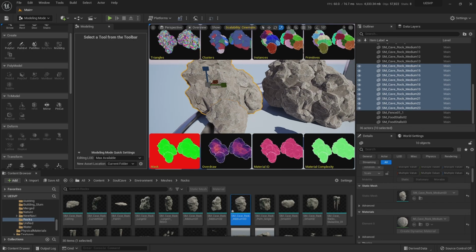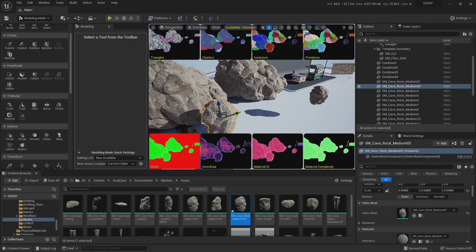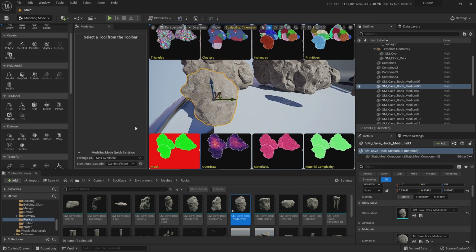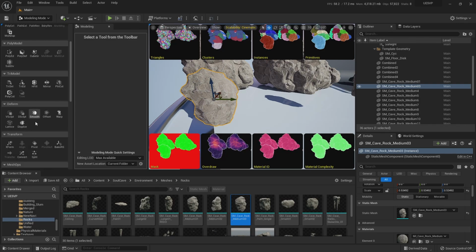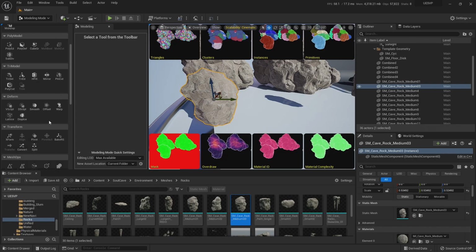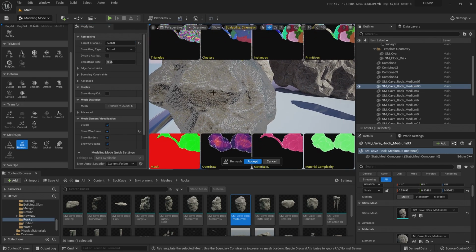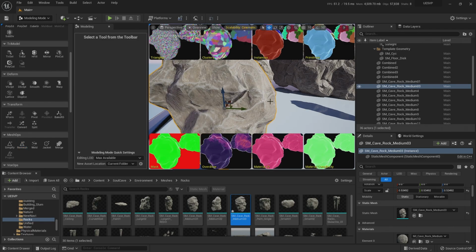Now if I do what I did a moment ago on this one, I save the asset, and then go to remesh with 50,000. That's all right. Go ahead. So it's incredible density in this thing.